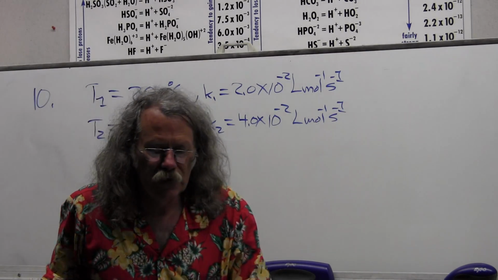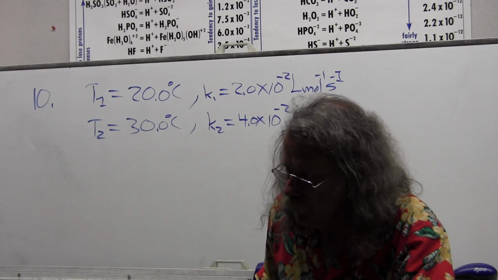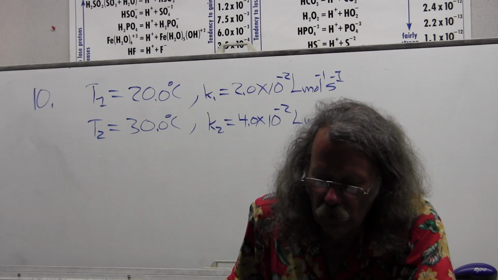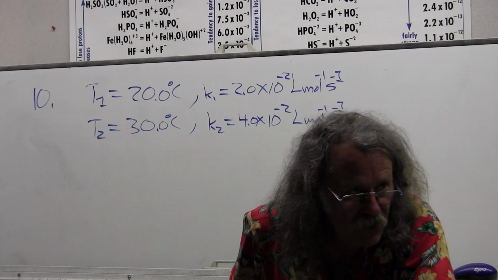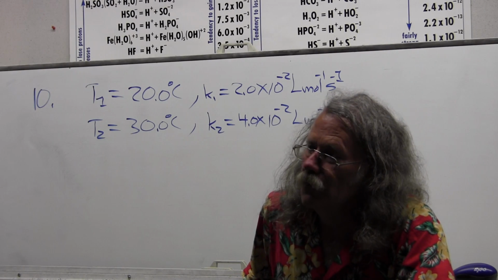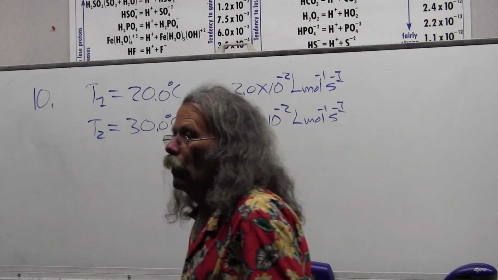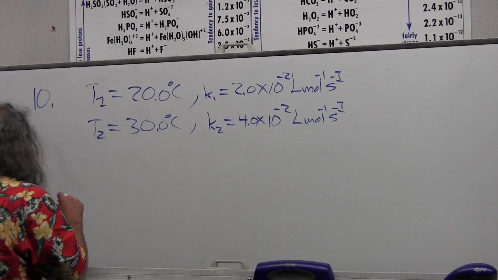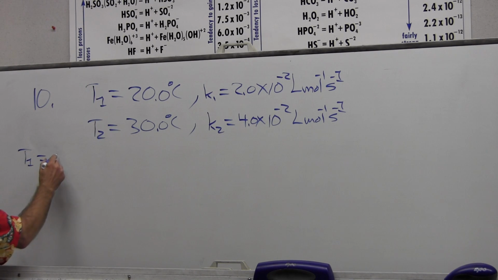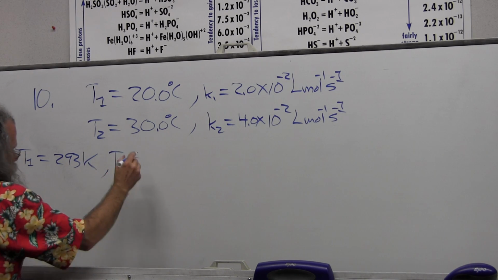Okay, this one starts to scare you until I remind you that all I'm asking you to do is write the expression for the equation needed to solve for the activation energy, not solve it. There's a lot of questions here, so you do need to know how to write the expression. T1 is equal to 293 Kelvin, and T2 is equal to